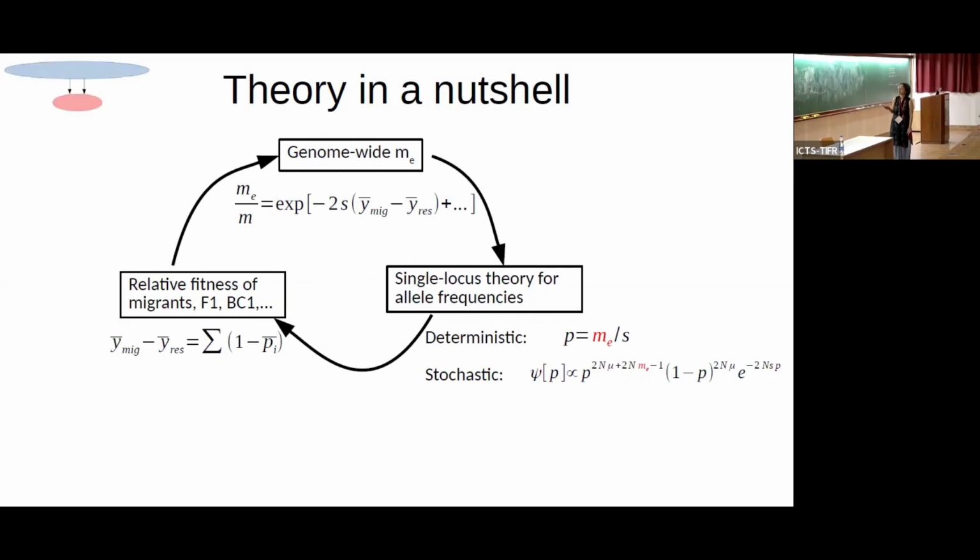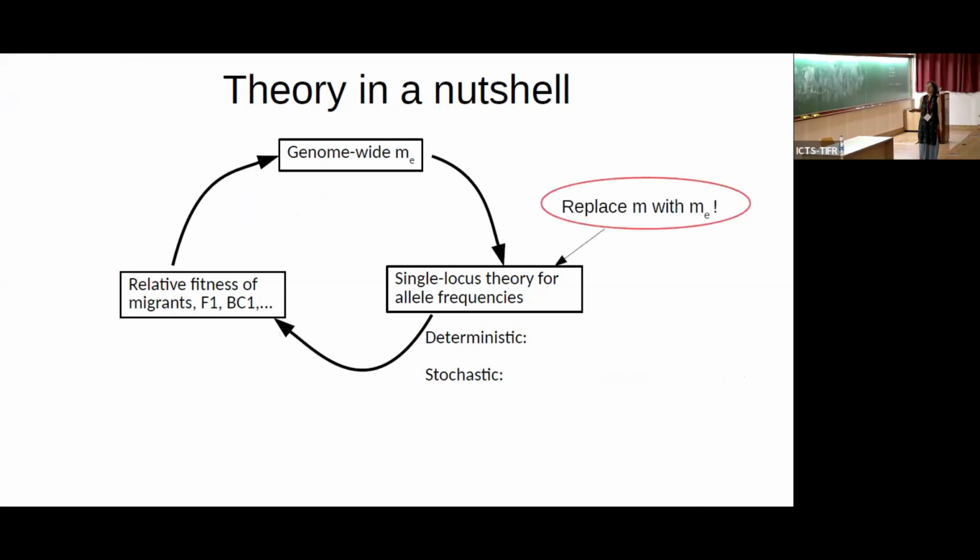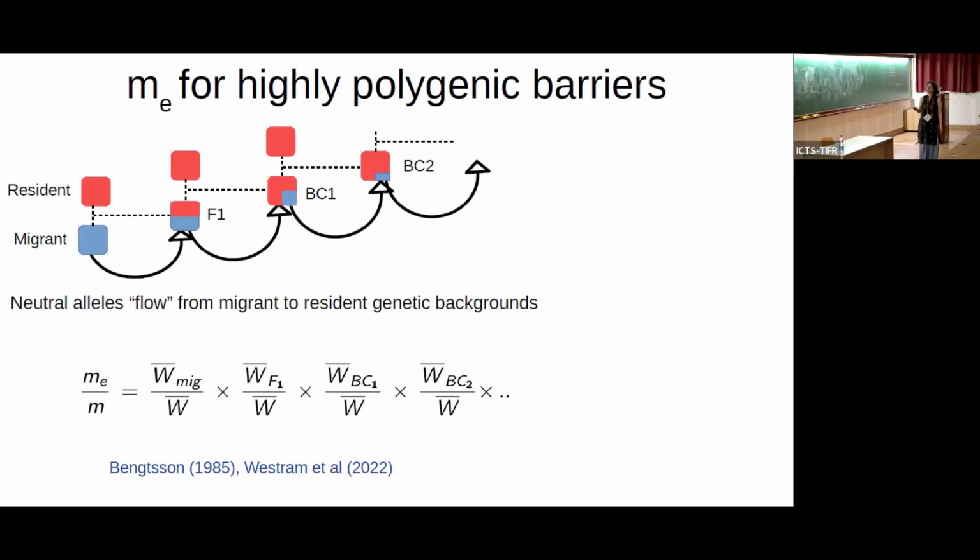But the key point here is that if you see, for example, here, I'm writing P as ME by S. So the allele frequency of the locally deleterious allele has a frequency that is determined now by the balance between effective migration rate and selection, not migration and selection. And if I now know allele frequencies at various loci, I can sum them up to get how many alleles are different between migrants and residents. I can then use that in this kind of formula by noting that if migrants and residents have a certain number of alleles that are different, then the F1s are going to have approximately half as many that are different, and so on.